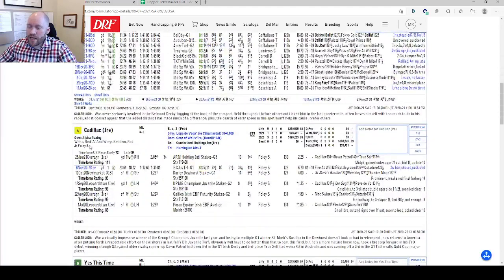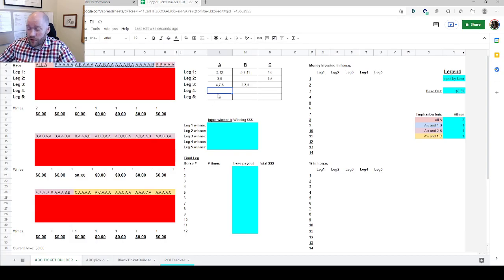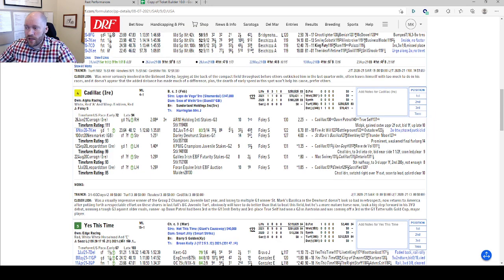So, in the Saratoga Derby, I think Caleb and I both kind of gushed over Cadillac, which probably means the horse has 0% chance of winning in here, but I'm going to get pretty aggressive with Cadillac, and Cadillac is going to be my only A in this race. I thought Cadillac lost all chance in that juvenile turf, and this horse took a massive step forward first start in his 3-year-old season. I think he's a monster.